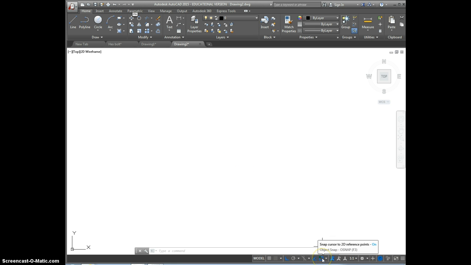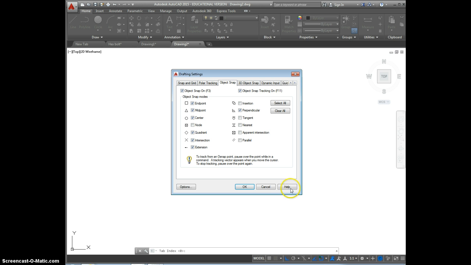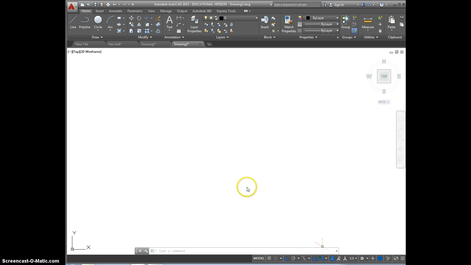If we come down here, pick on the little arrow, pick on object snap settings, you'll notice in here there's a thing called snap and grid. If I pick on that, down here in the snap type it says isometric snap. At the moment it's on rectangular snap, but I'm going to change it to isometric snap. Say OK, and you'll notice across here is no longer at right angles,